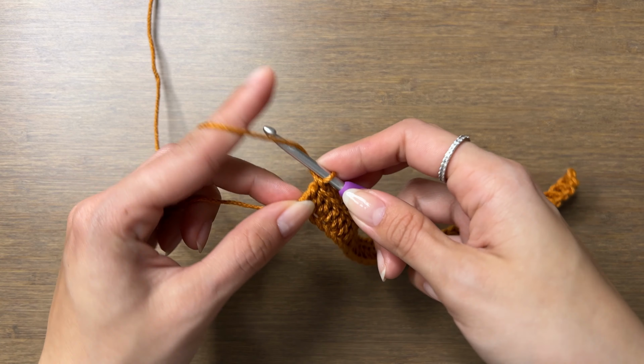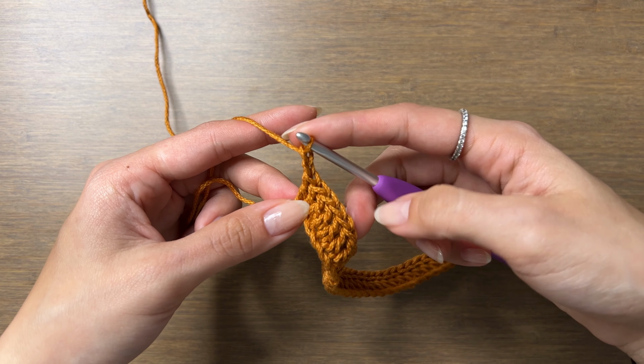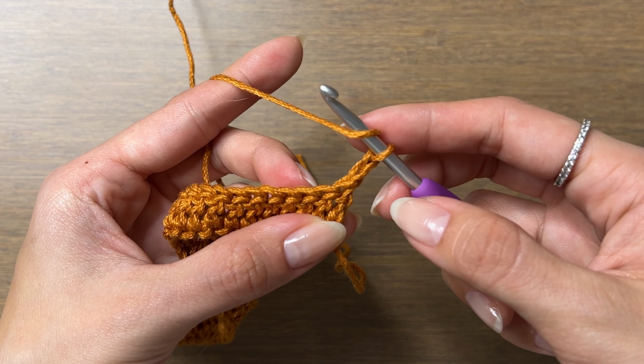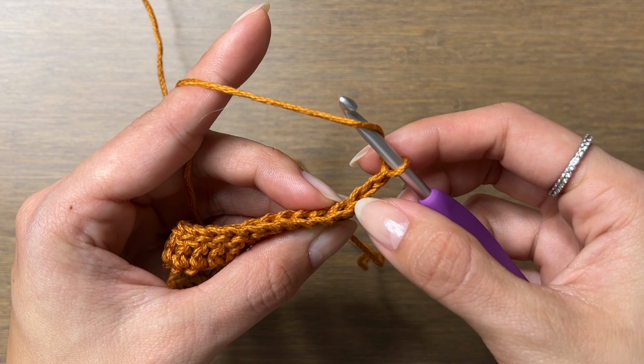To start every new row, we'll chain 2 and turn. Now we'll be working under these V's on top. For our first stitch, we'll skip these 2 V's from the chain we just made and do a double crochet